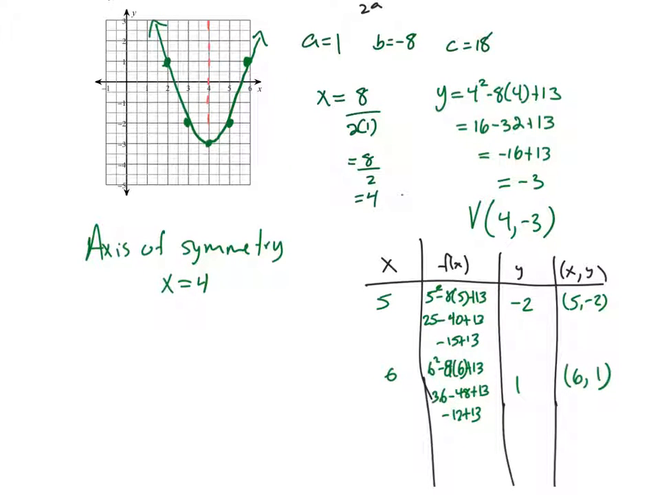I'm going to write also the vertex form on that one. So I have my vertex here. My a value is 1. So that means that my vertex form,